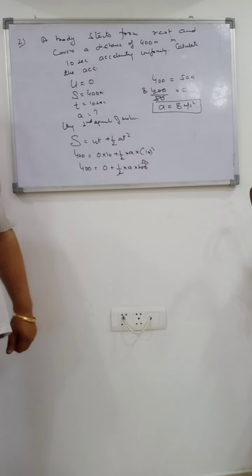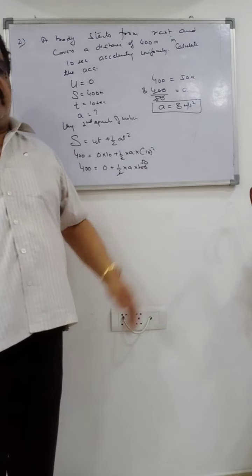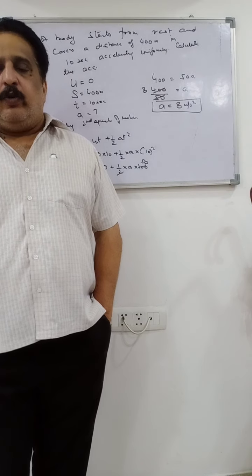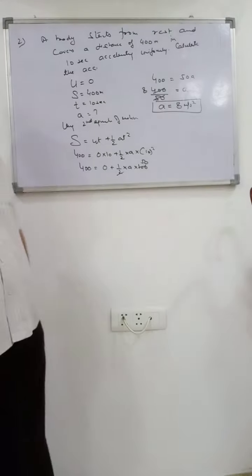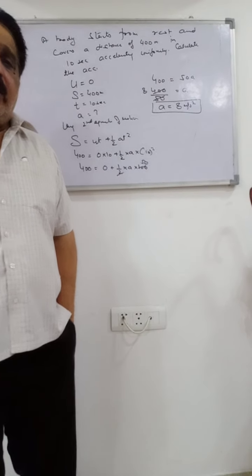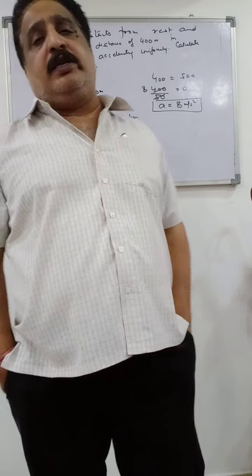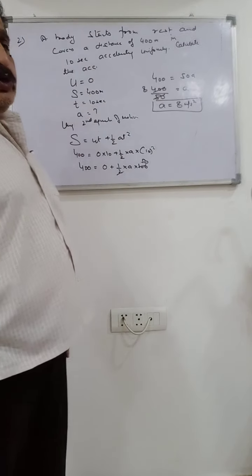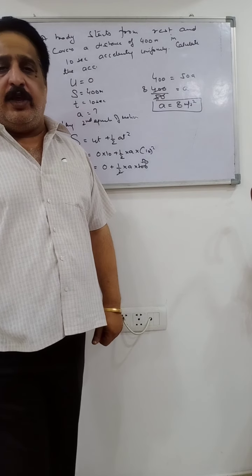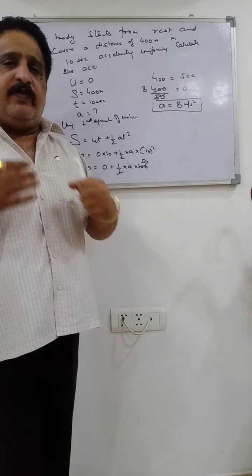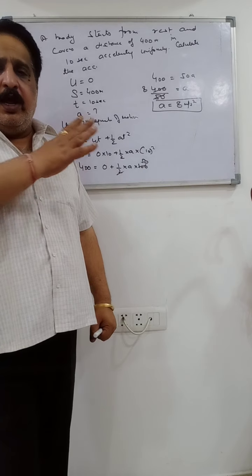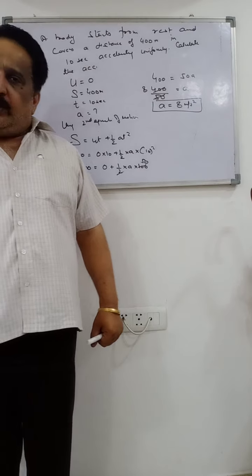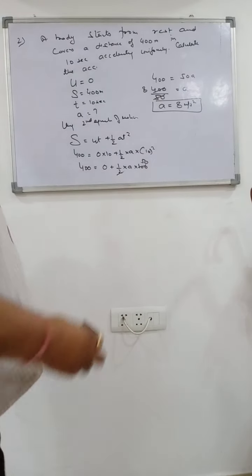This was the second equation that is used here. So whenever you are asked to calculate a quantity using S, U, A and T, then you have to use this second equation of motion, S is equal to UT plus half AT square. As simple as anything. You have checked that the units are also SI units, so no need to change the units. There will be numericals where we will be changing the units into SI units, but till now we are doing only those numericals in which SI units are given. Is that clear? Next question, example number 3.